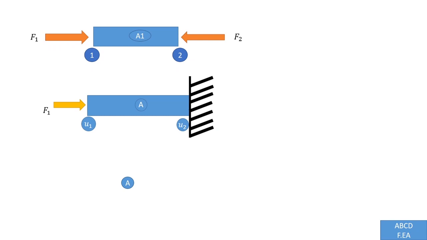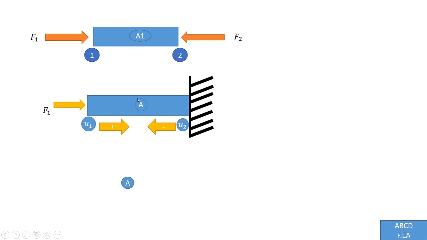So the general procedure is, suppose there is an element, got it, this is our element and its corner points are node 1 and node 2. So what is the procedure? First we will fix any one node. So I have fixed this node. Got it? So this node is fixed. Now when this node is fixed and the force is acting in this direction, try to understand this step. This is a very crucial step.